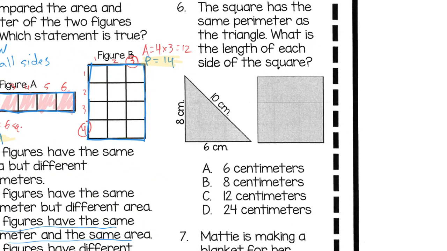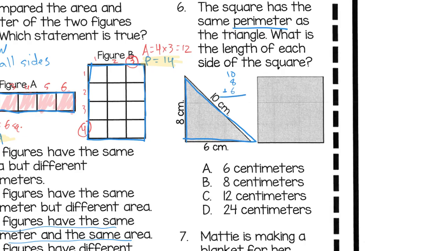Number 6 says the square has the same perimeter as the triangle. What is the length of each side of the square? Oh gosh, this is going to be tricky. Perimeter, that means we're adding up all the sides, so we're going to add 8 plus 10 plus 6. So if I stack and add,